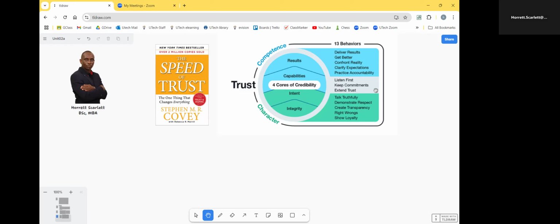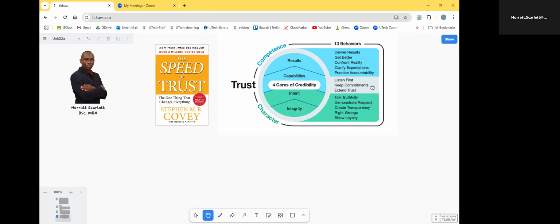And there are some here which are great because they don't nicely fit into one or two of the categories, but they can really span across them. Things like listening and being empathetic help develop trust when persons realize that we take the time to understand. Then there's also the issue of keeping commitments. Are we doing what we say we would do when we say we would do it? This helps others to know that we can be trusted.